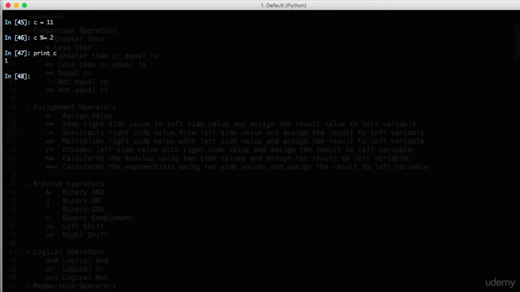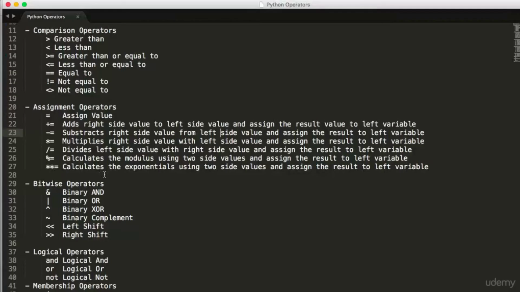Okay. Now the last one was exponential. Let's initialize another variable D is equal to 3, and let's try to check 3 to the power of 4, which is nothing but 81, equal to 4. Print D. Yes, that's right. Okay, now we have got to know about assignment operators, and let's dig into